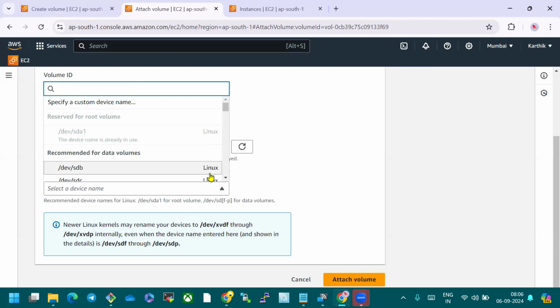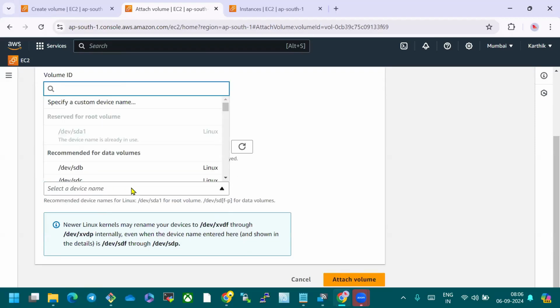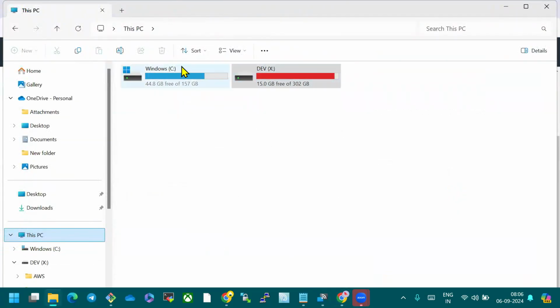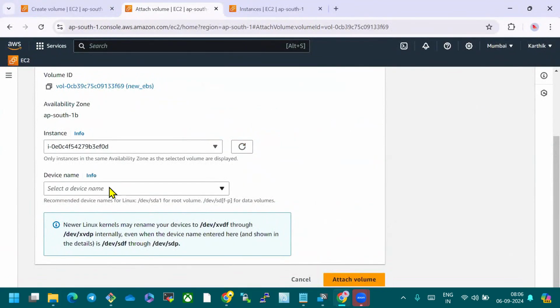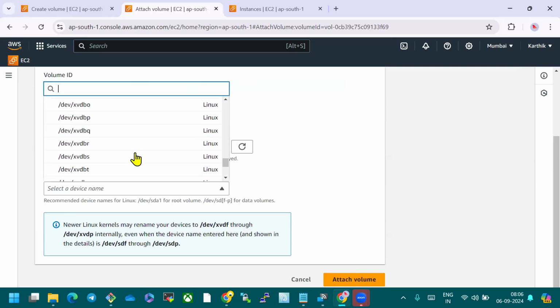Select here, this is another thing. First, what I did, just attaching this to the EC2 instance. Then, just like here you can see C drive, X drive, can you see this, right? Those names you can provide here. Device name, I'll just provide it as